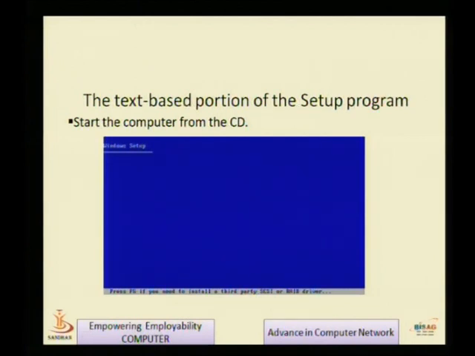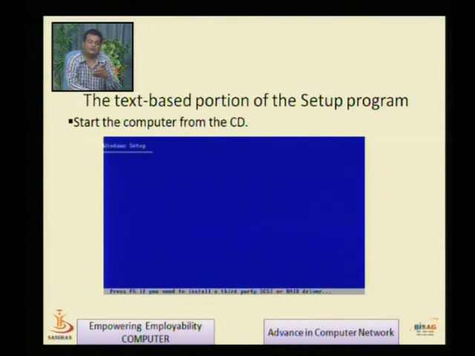Once we insert the CD, it starts with the text-based installation, then it will reboot the system, then again it will start the GUI-based installation, then the final installation is over. So once I insert the CD, what do I need to do? Start the computer with the CD. Once we start with the CD, it gives this kind of screen. It will boot from the CD and ask to install the 2003 server on your computer, and this kind of blue screen comes.